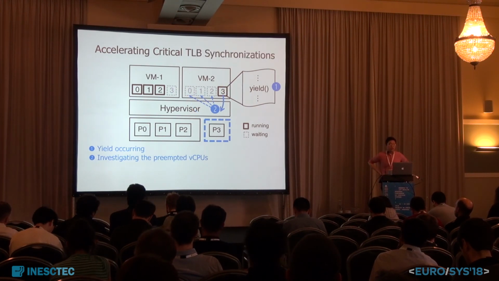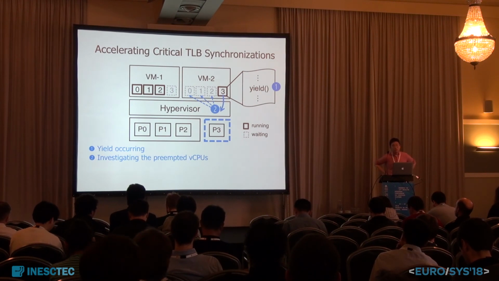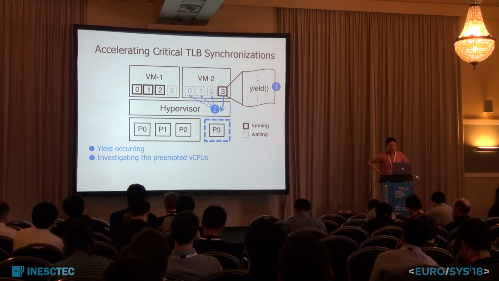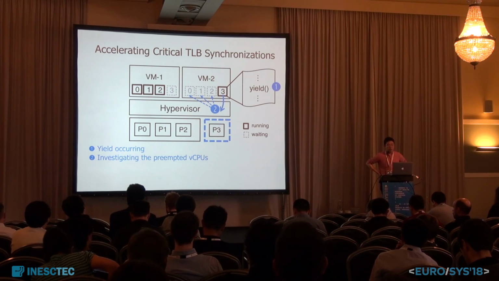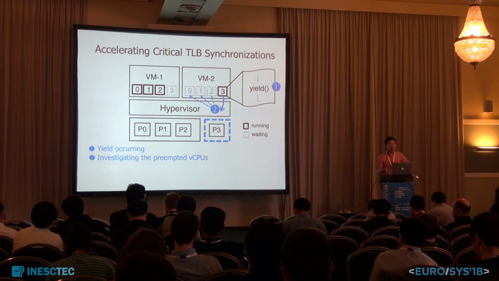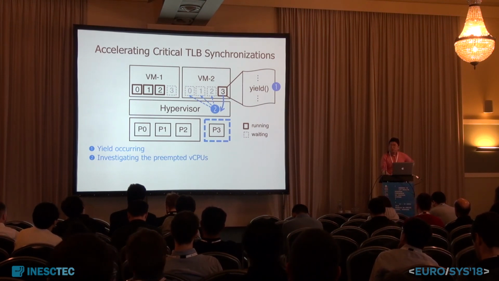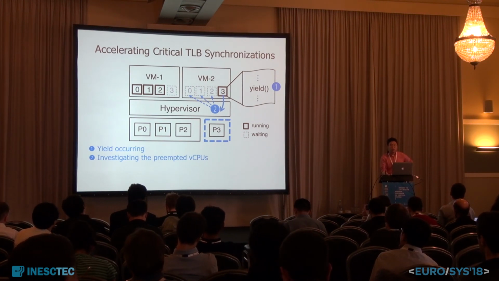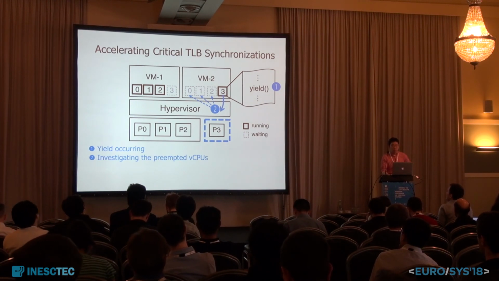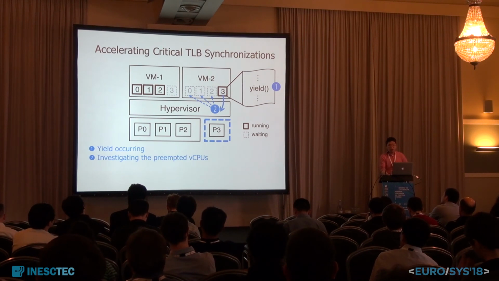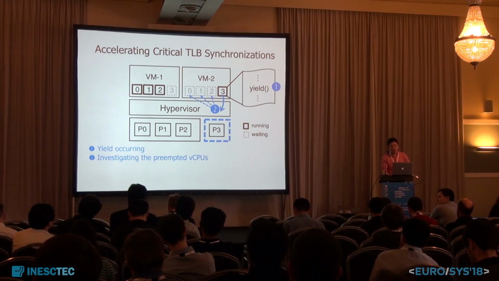However, let's see the case where a single micro-sliced core is not sufficient. A representative case we introduce here is the IPI (inter-processor interrupt) based TLB synchronization, which requires all the CPUs in the system to participate in the operation. Let's say virtual CPU 0, 1, and 2 are preempted while virtual CPU 3 is in the middle of TLB synchronization. In this case, virtual CPU 3 cannot complete the operation because other siblings cannot send the IPI acknowledge to the IPI initiator, virtual CPU 3.